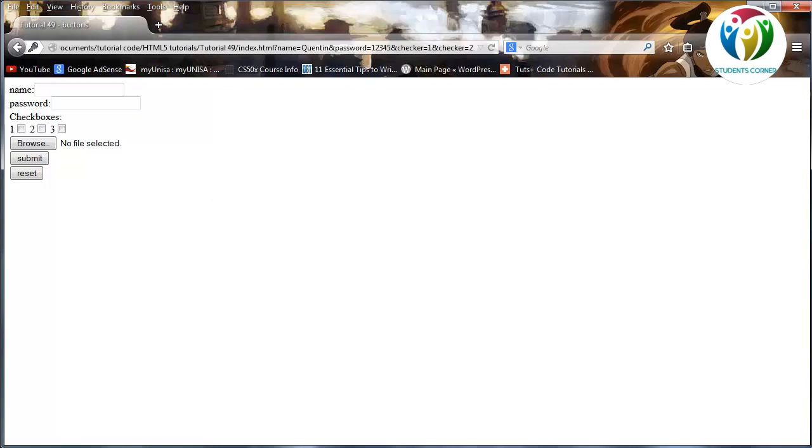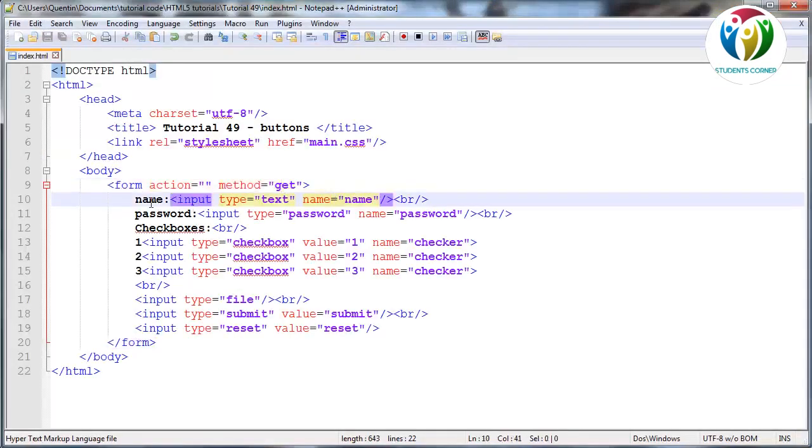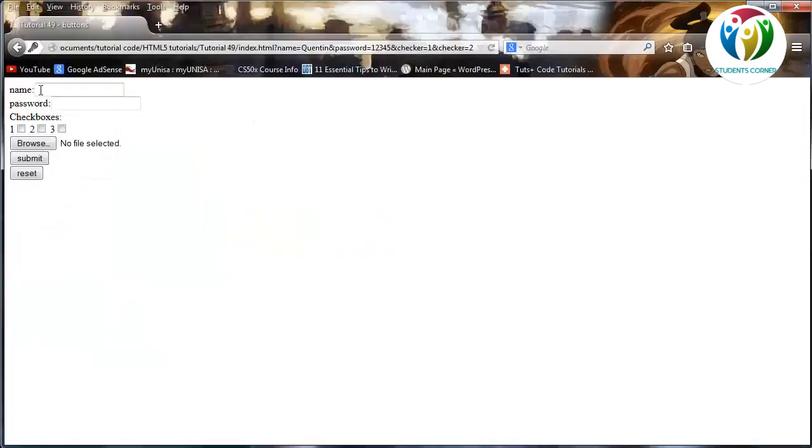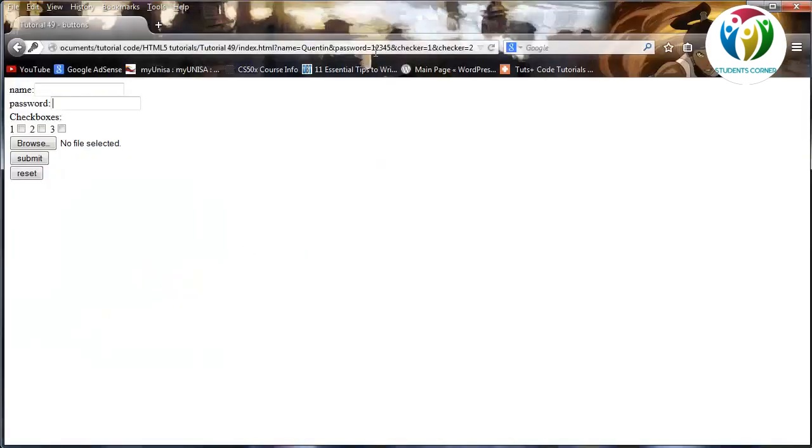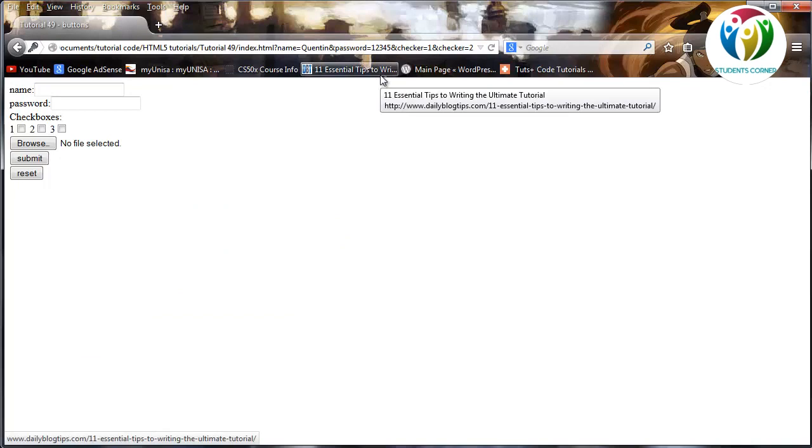So coincidentally, the name of my text input happens to be name. So you can see that when I filled in Quinton into this name, I sent through the name of name and the value of Quinton. And my password, well, the name of my password seems to be password, so that's correct, and I typed in the value of 1, 2, 3, 4, 5, so I sent through a name of password and a value of 1, 2, 3, 4, 5. So that's just basically how